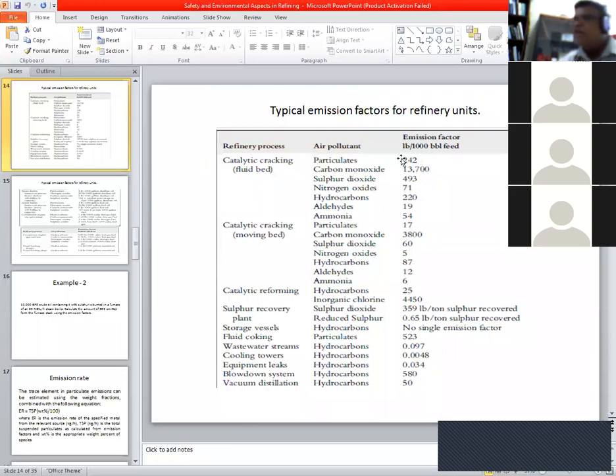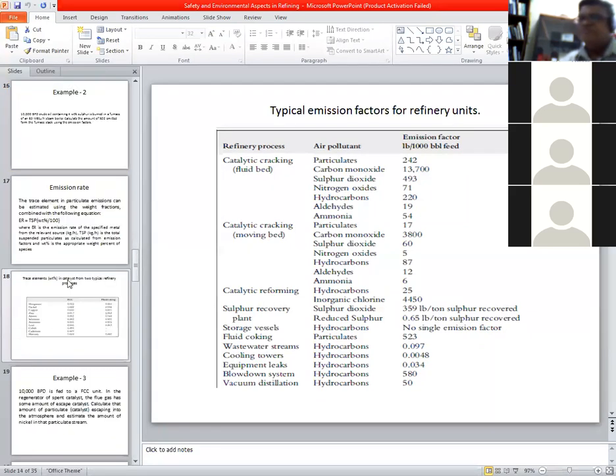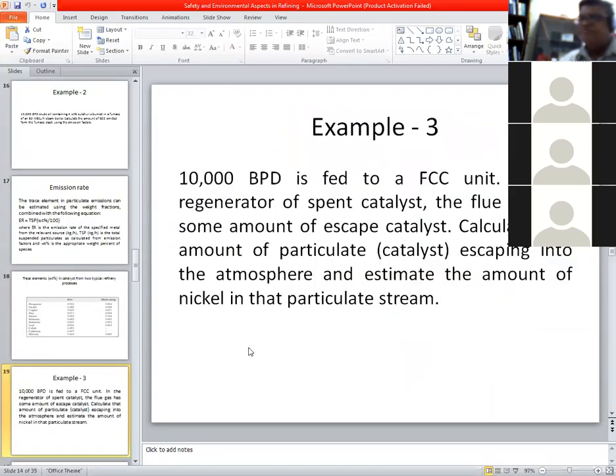So the emission factor we have to take from this is 242. Again 242. After that you have to write this unit, because it is 242 pound per 1,000 barrel. So first, we got the emission factor from this table. Then